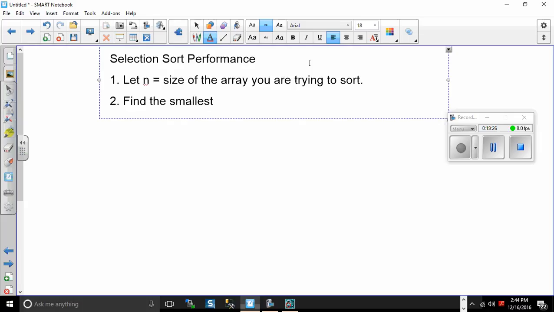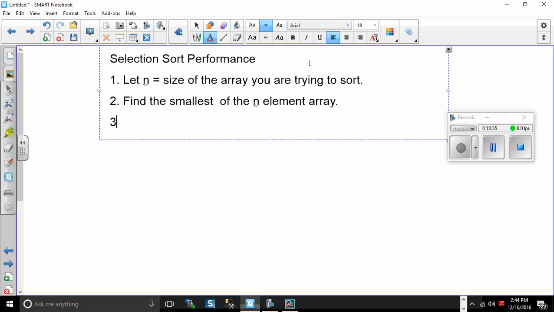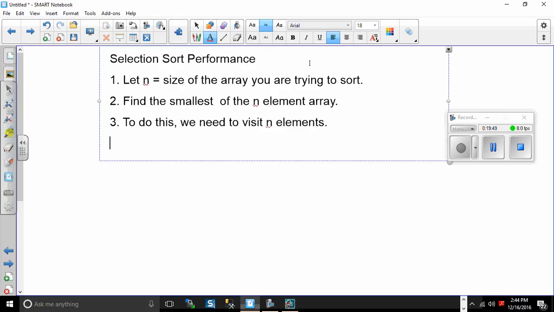The first thing you want to do in a selection sort is find the smallest of the n element array. To do this, we need to visit n elements. So when we find a choice for the smallest element,